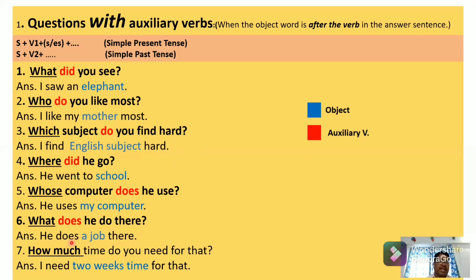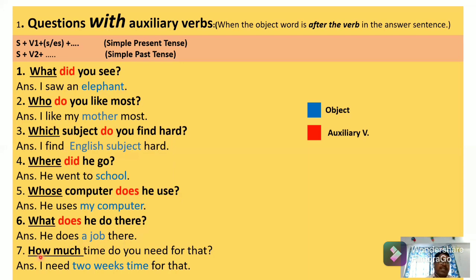And as we have already seen in the previous video, to do, to be, and to have play a double role. When they come alone in a sentence, that time they function as a main verb, and when they are followed by any other main verb, that time they become helping verbs, right?